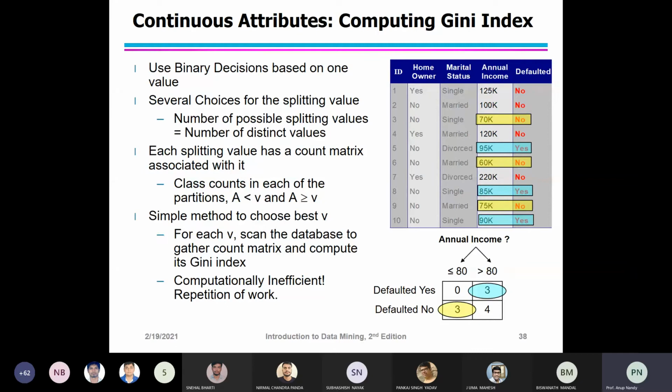And if there are n candidates, or n records, the overall computational complexity will be order of n squared.